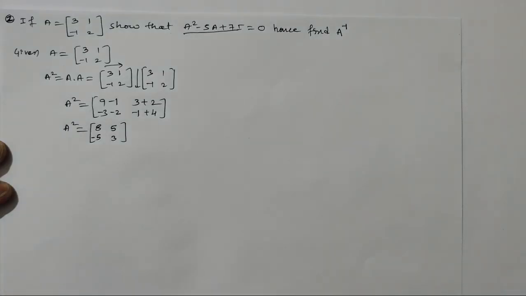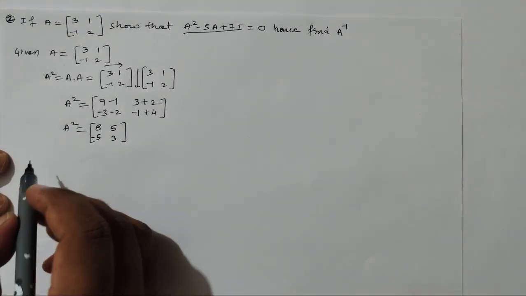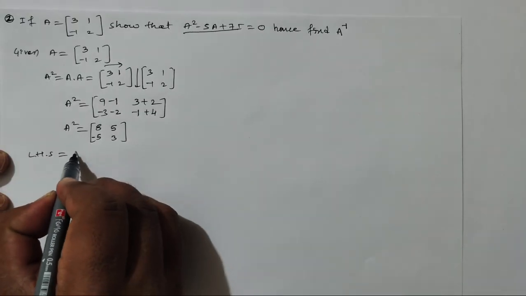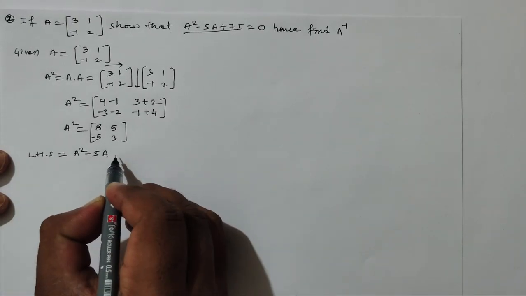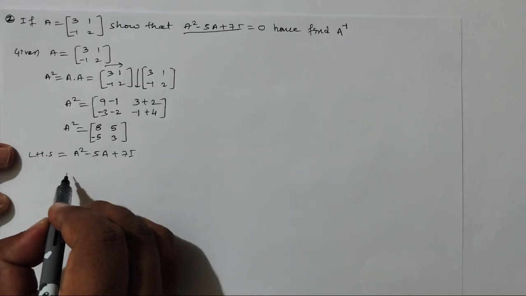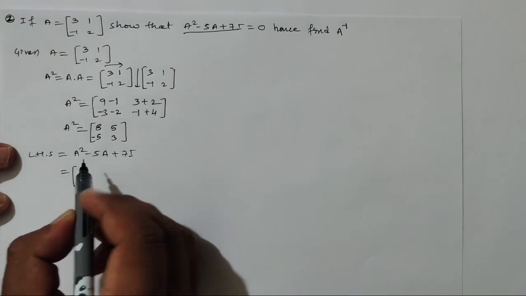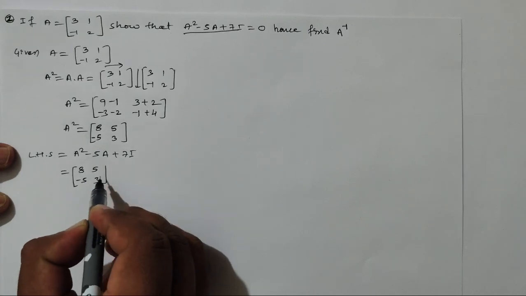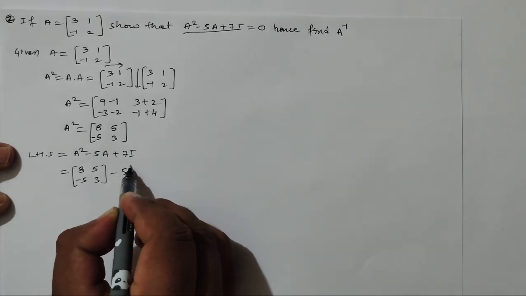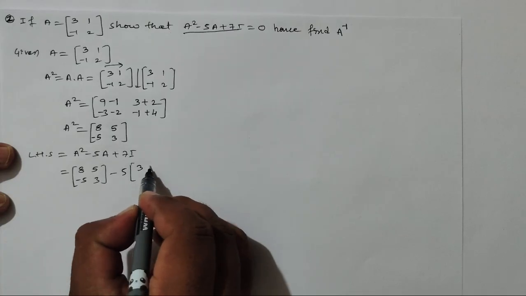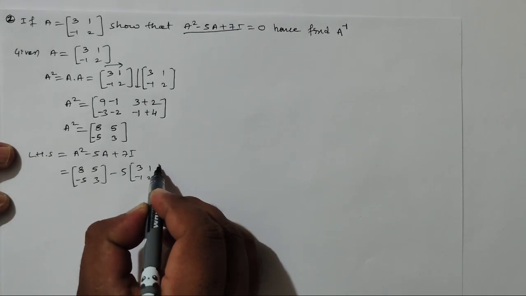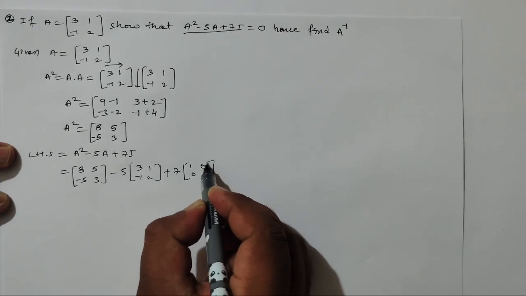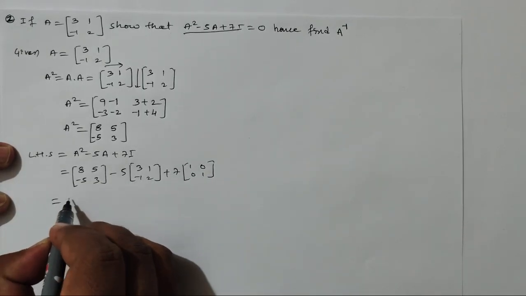Okay, now take the LHS. What is LHS? A square minus 5A plus 7I. What is A square? [8 5; -5 3], minus 5 into the A matrix [3 1; -1 2], plus 7I, where I matrix is [1 0; 0 1]. So that is equal to 8